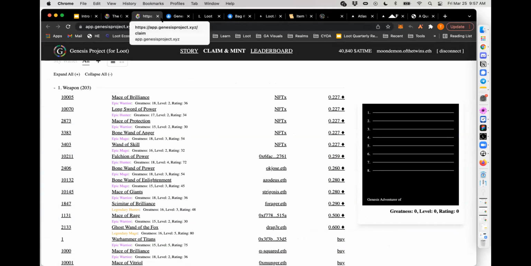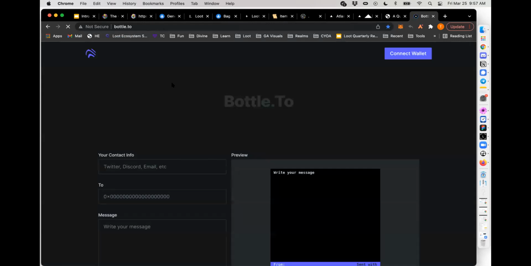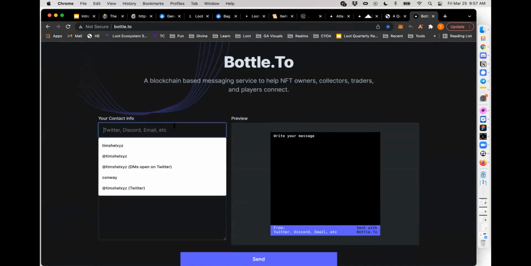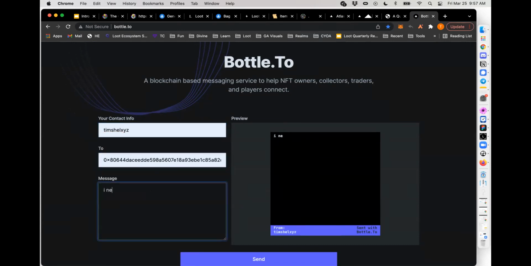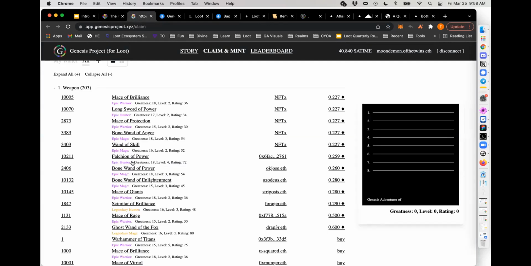And so through that, we built a thing called Bottle.2, which is kind of fun to say: hey, it's Timshel, and I'm reaching out to this wallet because I need your wand of power. It's a way to send an NFT on L1 to somebody's wallet, to reach out through the mist and say, hey, I want to connect with an anonymous wallet. And this has actually been used by a lot of projects in a lot of interesting ways. I just share it as a fun side note: when you build in the open, or build open source, you find unexpected ways to build tools on top of it, and unexpected fun moments like that.